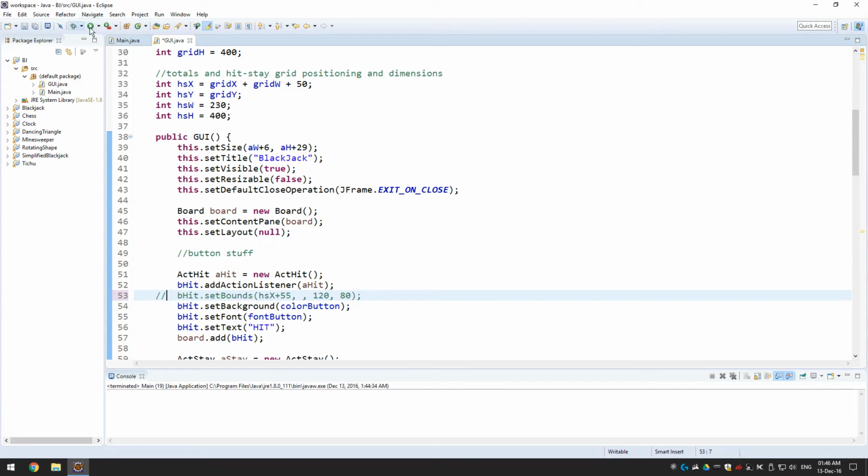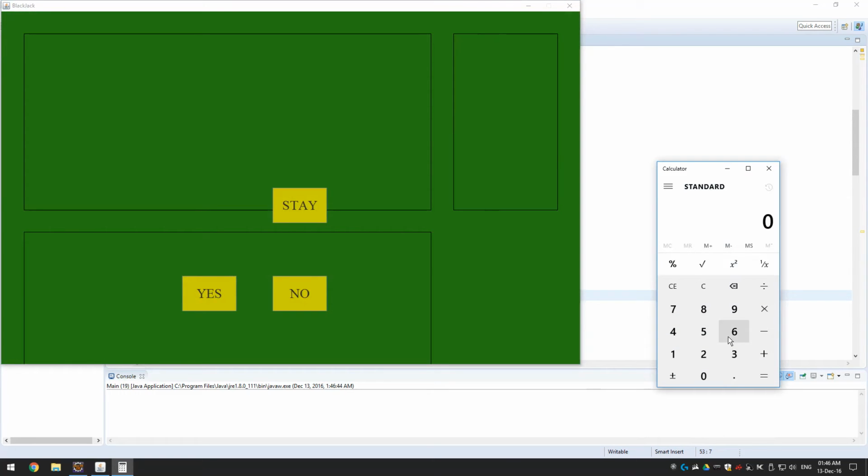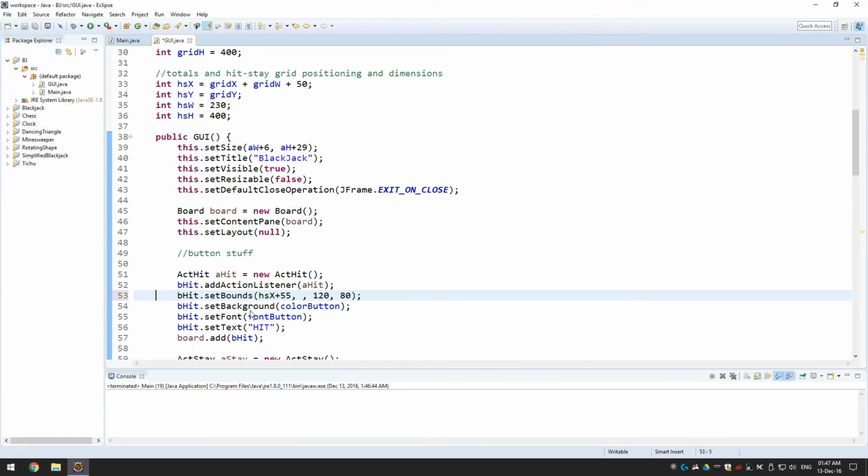Well, let's mark that up as comment. This is 400. If we divide that by 5, we should get 80. So we're going to give 160 to the top button, 160 to the bottom, and 80 for the word or, because it's going to be hit or stay. You can see that our button disappeared, and this is because I marked the position and dimensions as comment. But it's going to be alright in a second because we're going to